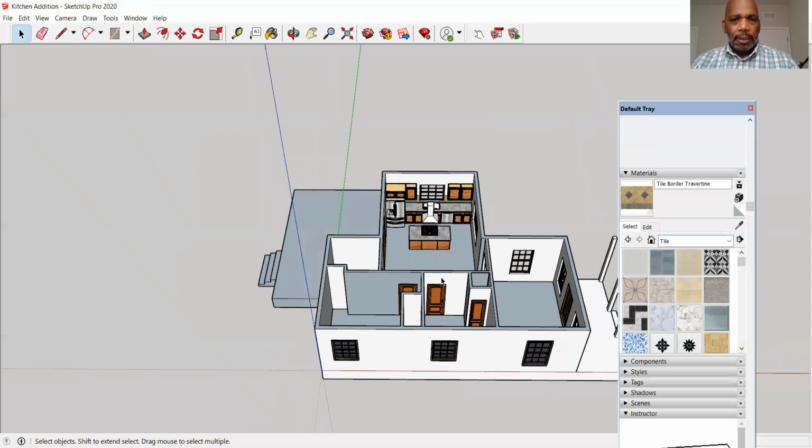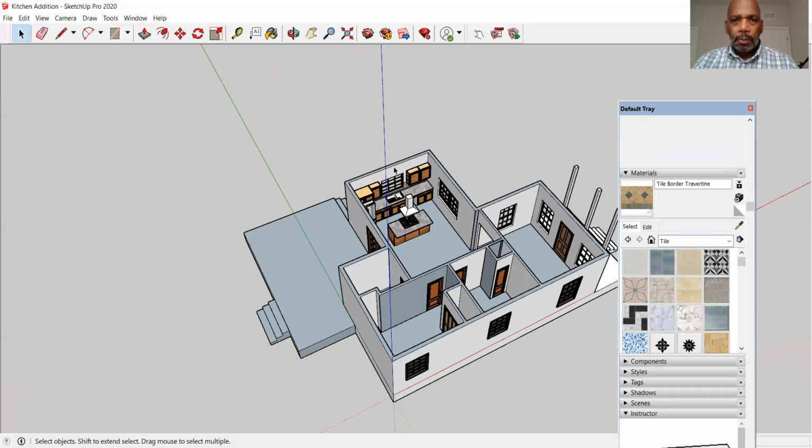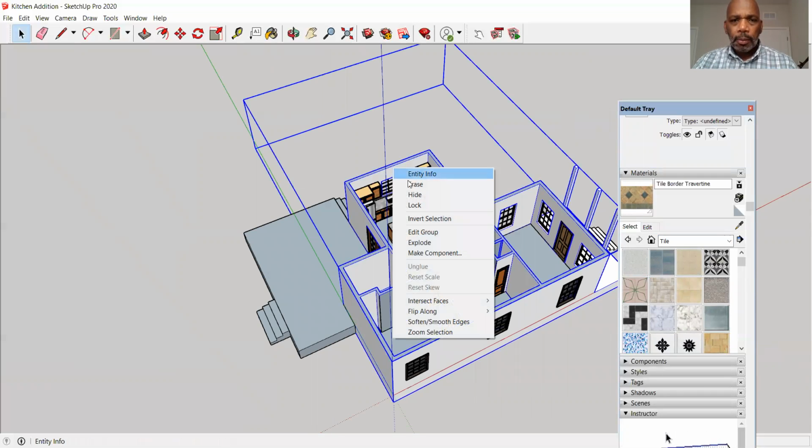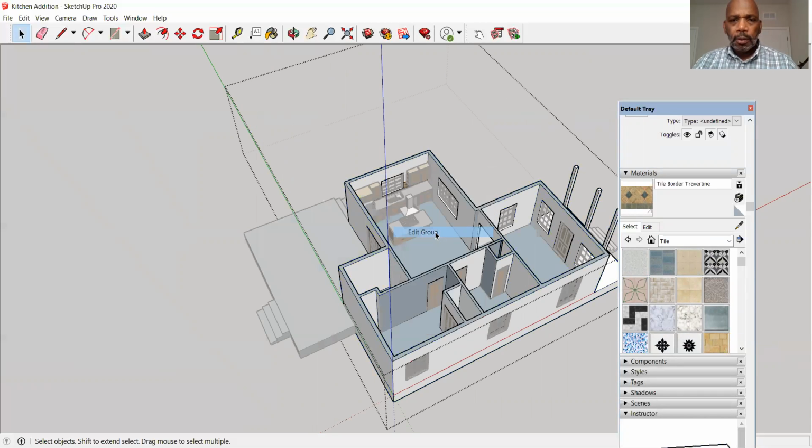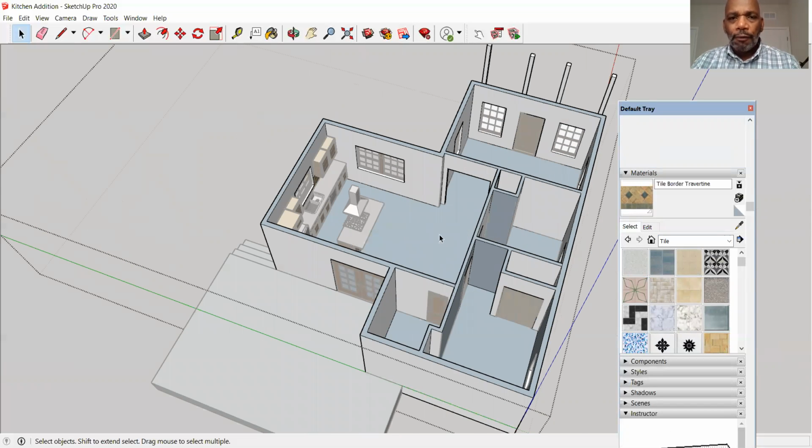Okay, so if I wanted to use a tile floor here,